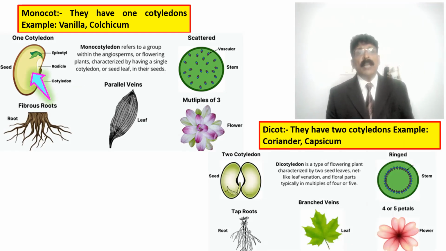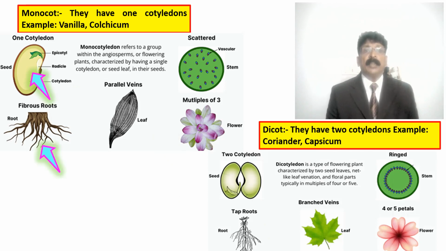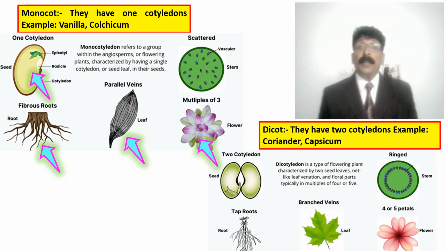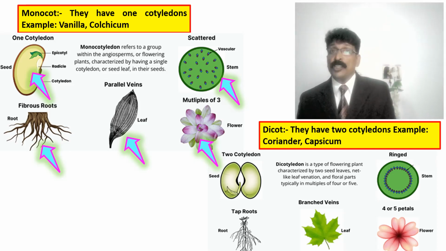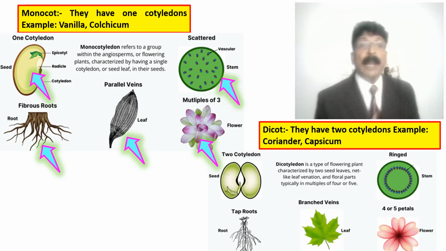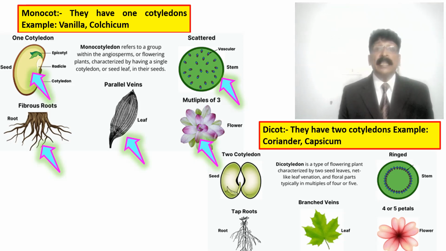And you can see here a monocot has one cotyledon as shown in the picture, and it has a fibrous root, and parallel veins in the leaf, and floral parts in multiples of three in the flower petals, and scattered vascular bundles can be seen in the stem. Usually, monocotyledons refers to a group within the angiosperms, the flowering plants, characterized by having a single cotyledon, a seed leaf,